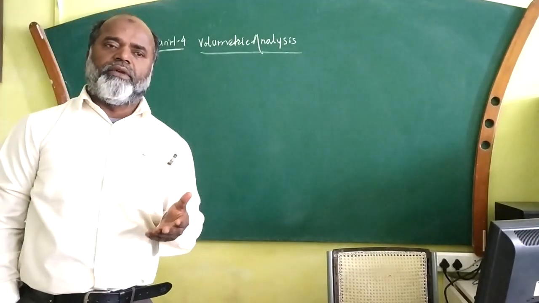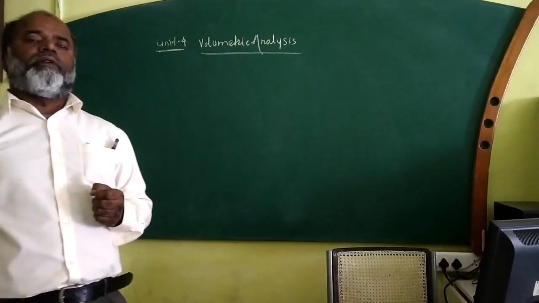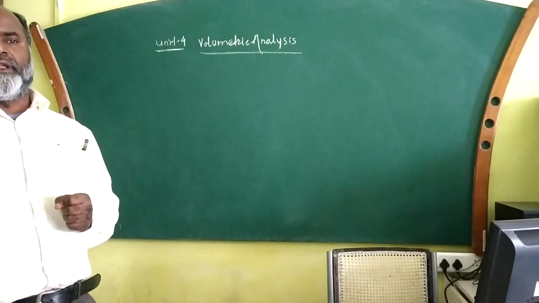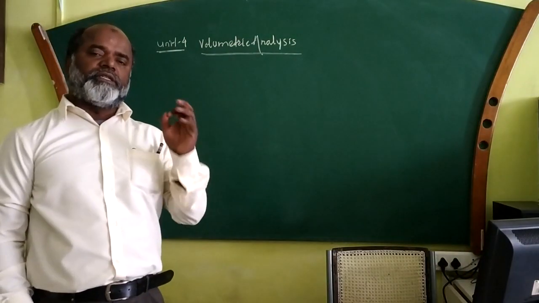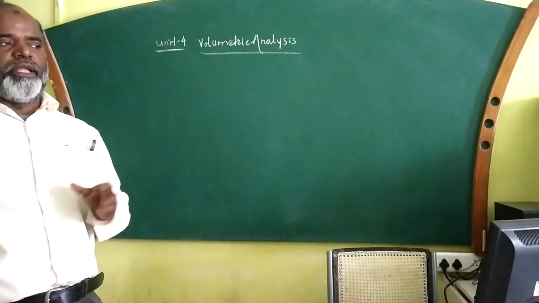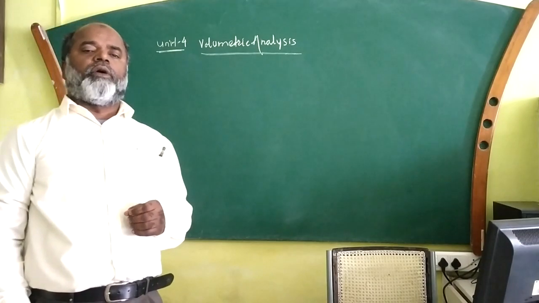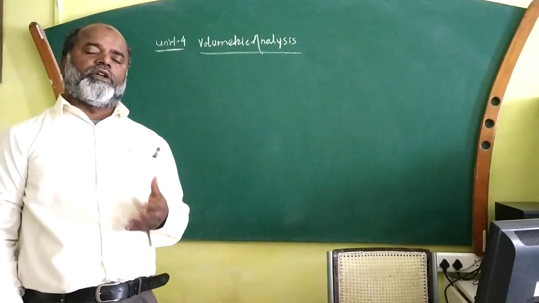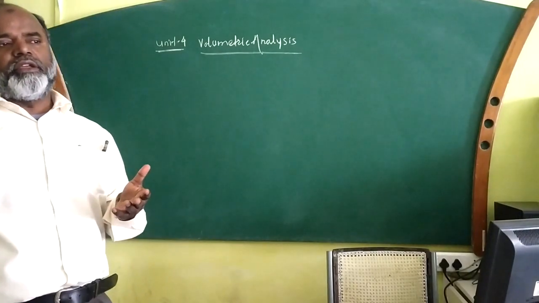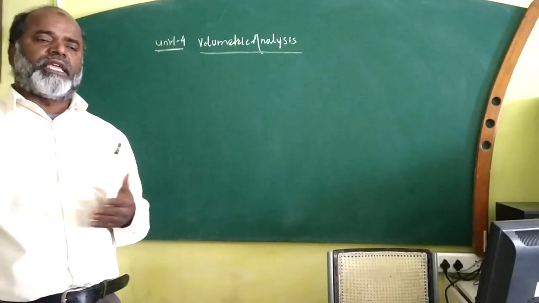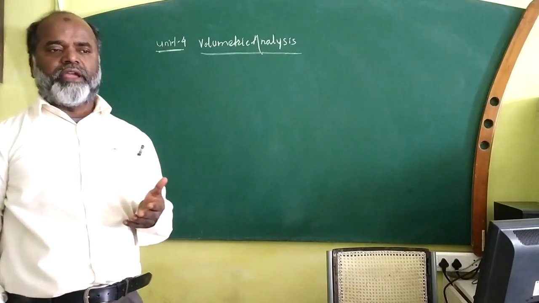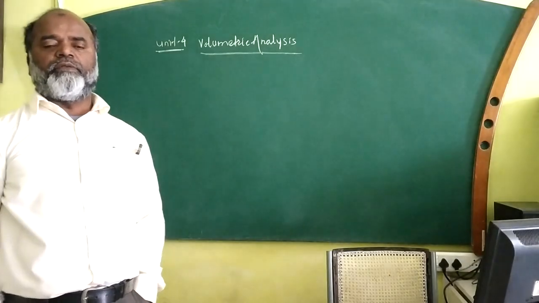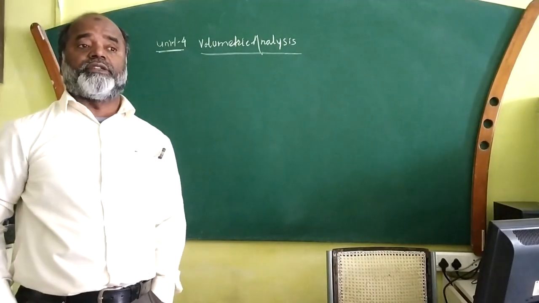As a second example, I want to find out the amount of ferrous iron which is present in the apple. I want to find out the amount of Fe2+ iron in the blood, in the hemoglobin. I want to find out the amount of silver in the silver coin. I want to find out the amount of caustic soda present in the given sample. So all these things can be estimated and analyzed with the help of this lesson called volumetric analysis.